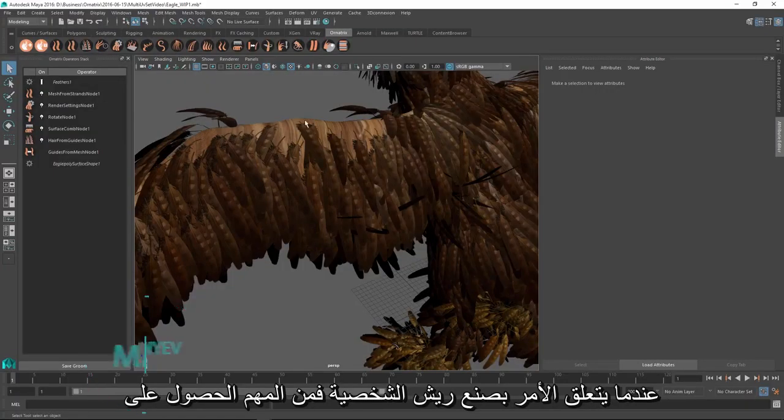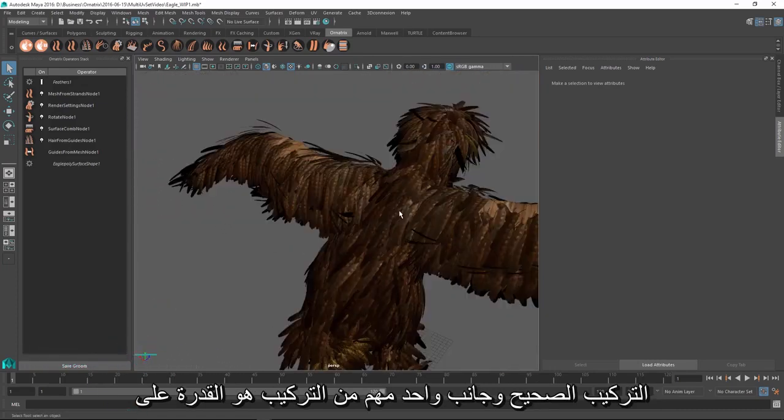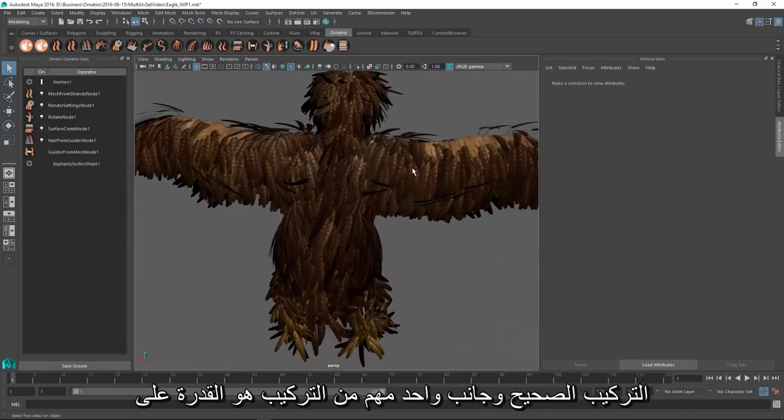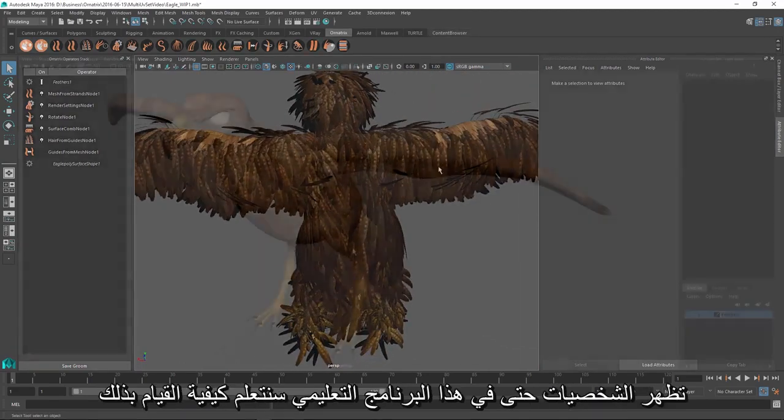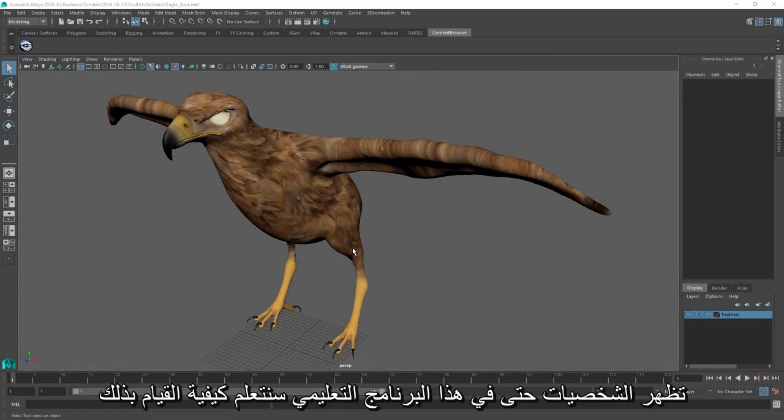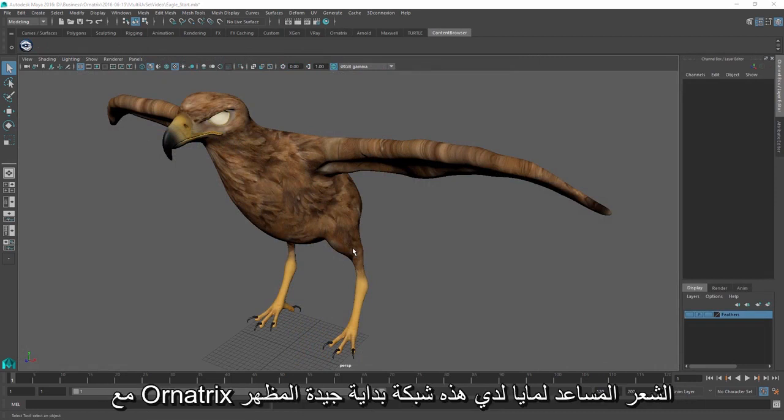When it comes to making character feathers, it is important to get the texturing just right. And one important aspect of texturing is the ability to mix in the feather texture with the overall color variation along the character's surface. So in this tutorial, we'll be learning how to do just that with Ornatrix hair plugin